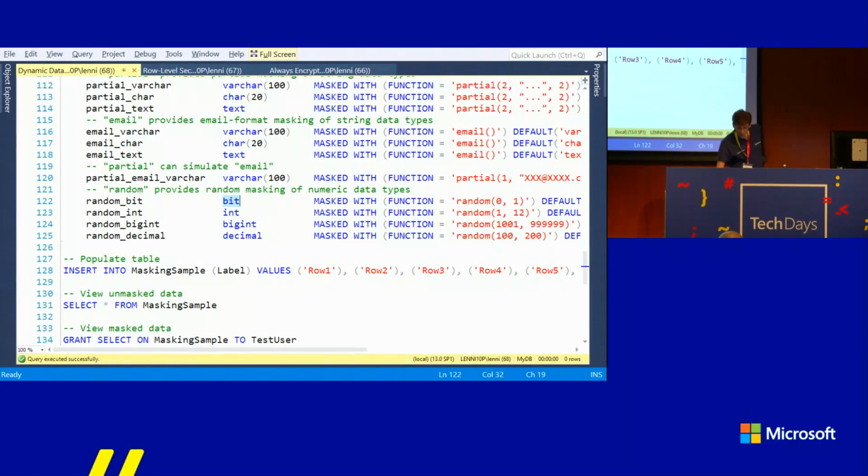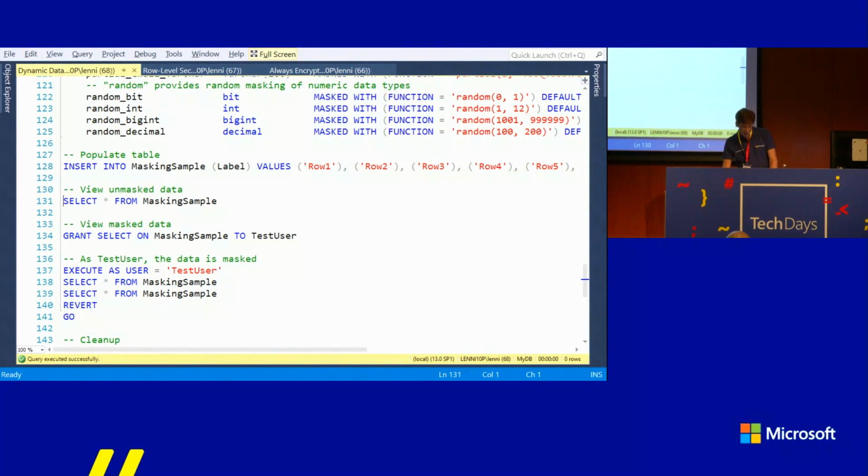And here, bit will work as long as you supply a range of 0 through 1. But you can use a range of 1 through 12 if you wanted it to somehow simulate the month column, perhaps. It even works with decimal types and floating types as well. So if I create that crazy table and I insert a few rows of data into it, and we look at it now, unmasked,